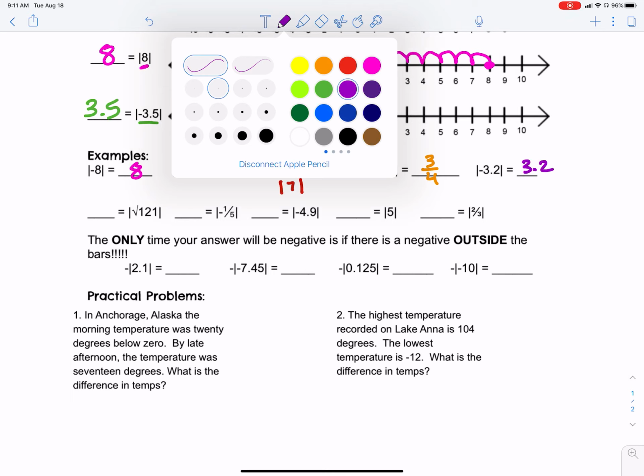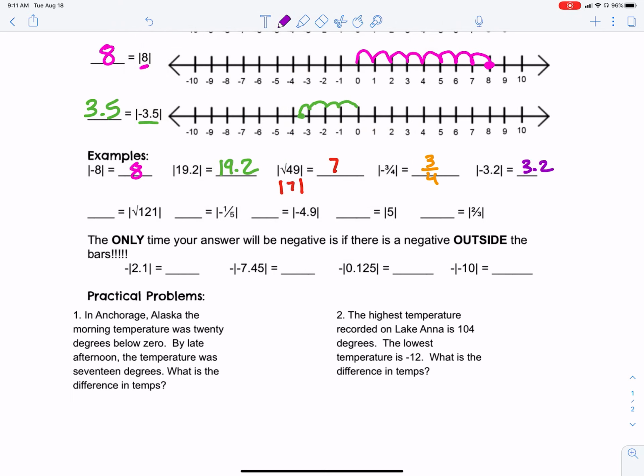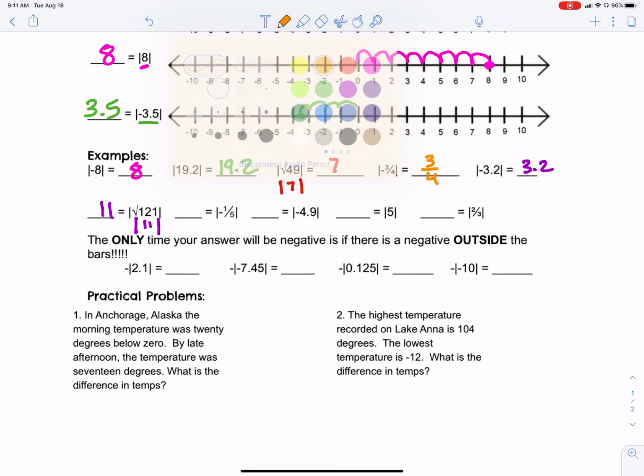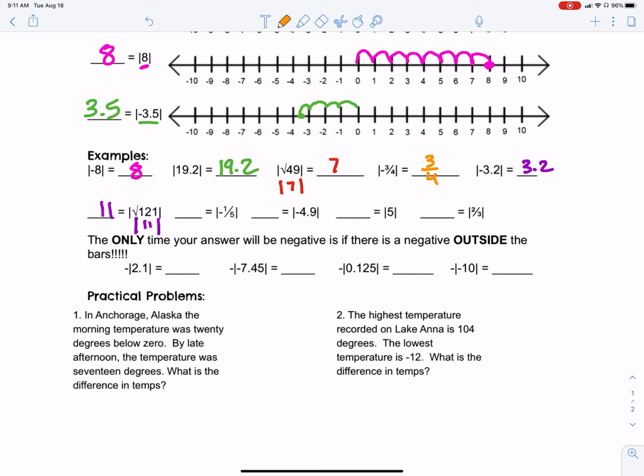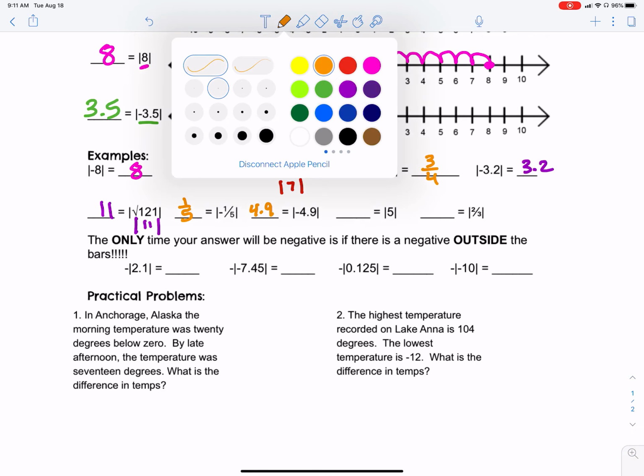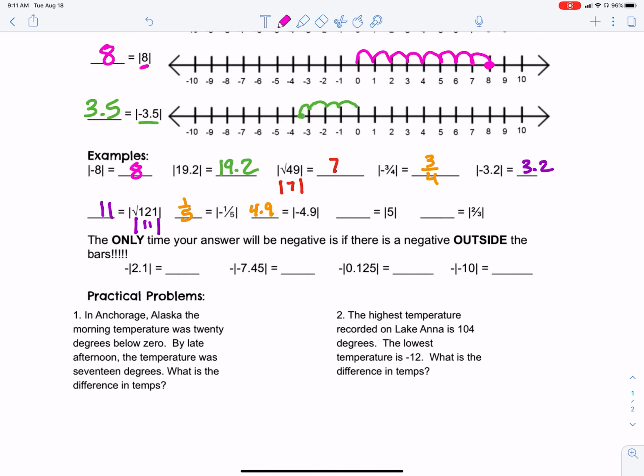The square root of 121 is 11. So the absolute value of 11 is 11. The absolute value of -1/5 is just going to be +1/5. The absolute value of -4.9 is just going to be +4.9. The absolute value of 5 is just going to be +5. The absolute value of 2/3 is just going to be 2/3. The only